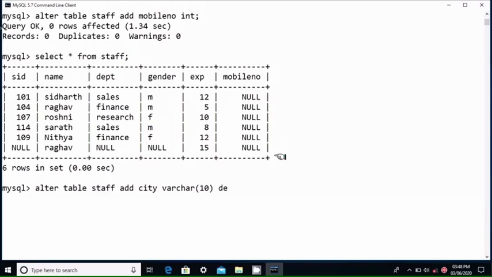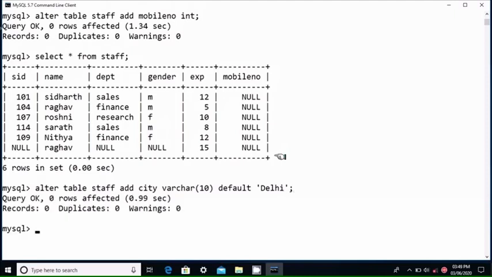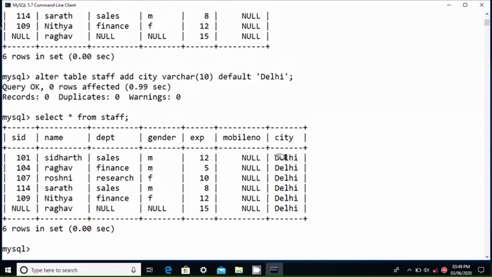Default, then suppose our city is Delhi. So we can write Delhi here. We can execute this query. It will add a new column city with the default value as Delhi. See, the city column filled with Delhi.